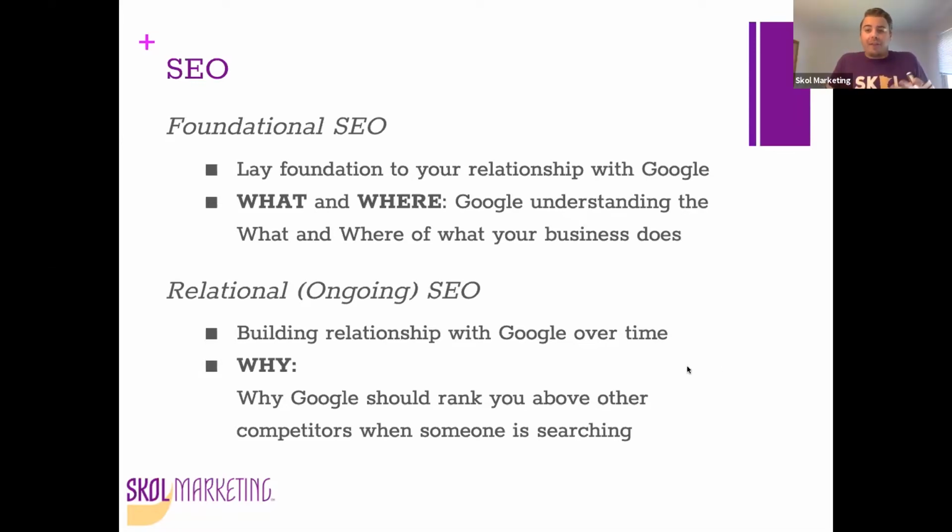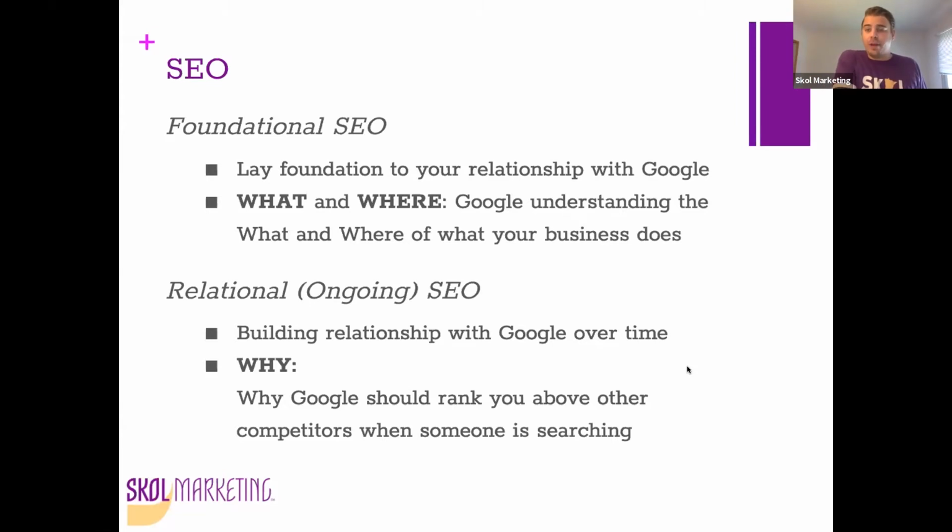Next, once we have that foundation set with Google, what we move into is called relational or ongoing SEO. And this is now, again, building that relationship up with Google. So this is having Google get to the why. Why should Google rank you above somebody else when we're searching for a certain key term? That's really what it comes down to, but we can't get there unless first Google knows what and